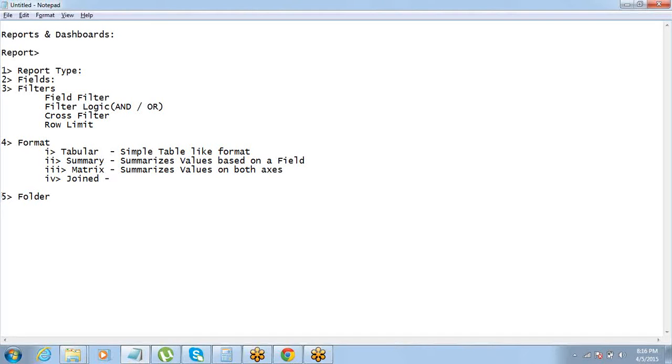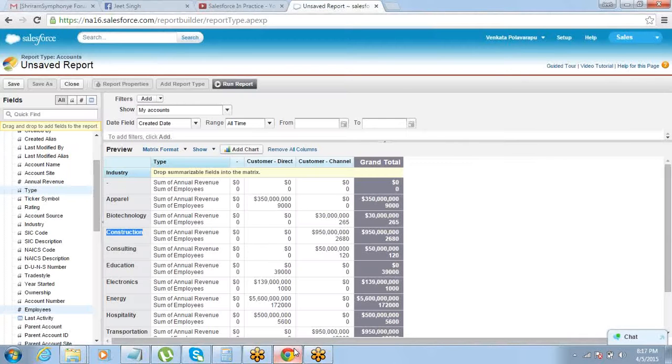Before we talk about joint format, we will go into saving the report, the folder part. Now once you've created the report, what will you do with the report? There are two reasons why you create a report. One, you might use the report instantly. Instantly using the report means you can take a printout, or export it into an Excel spreadsheet and then not save it anymore. You don't need to save it, right?